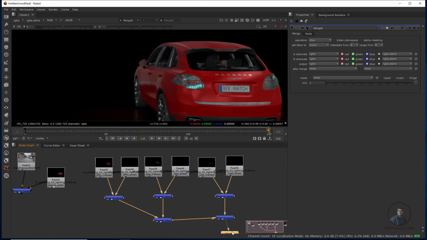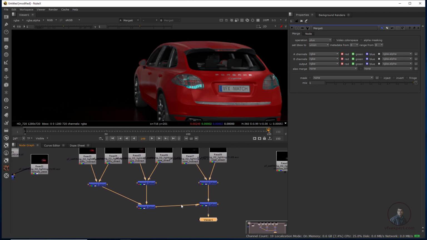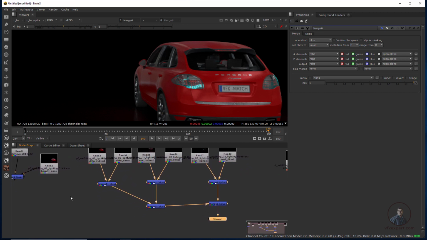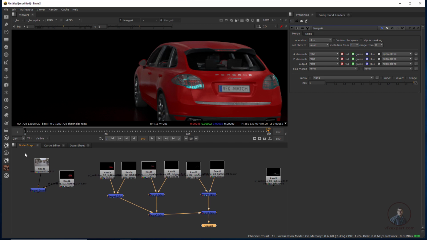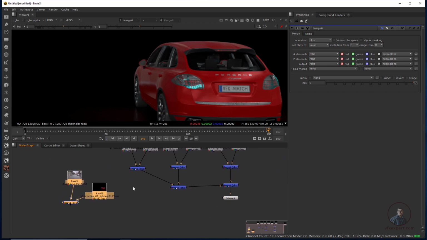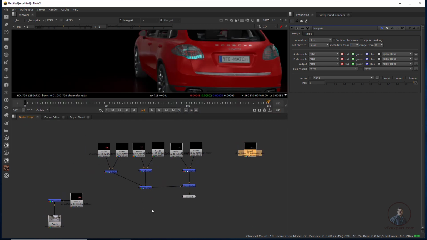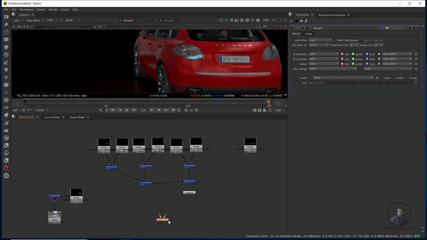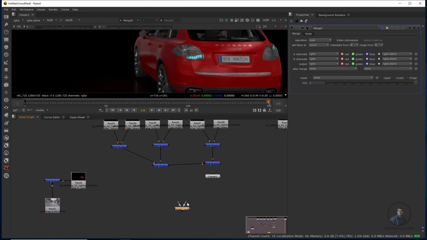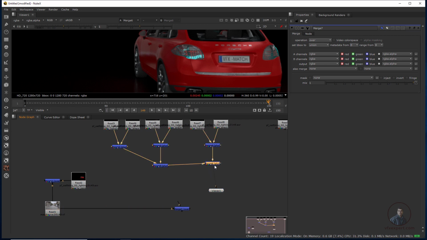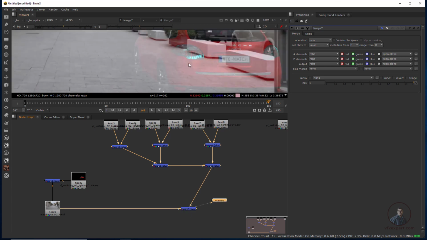Okay, so just simply come here and we have to take another merge node, so just adjust these passes a little bit here. Okay, now finally just take a merge node, so I pressed M. Now finally here B means background, so original footage will be in B. Okay, and the final result, merge 6, will be our foreground. Now finally select merge 7 and press 1. Now just view the result.